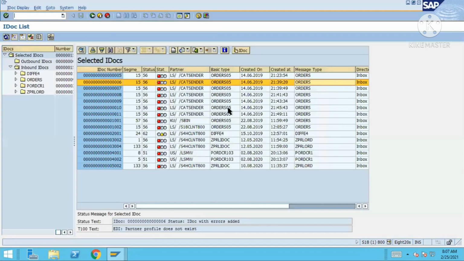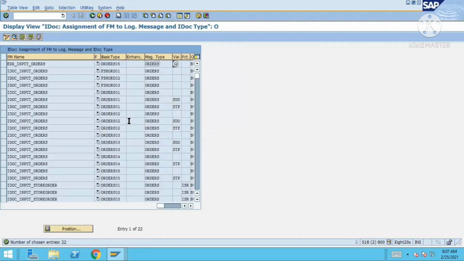So what is the basic type over here? ORDERS05. So just go and check for ORDERS05. The basic type is this ORDERS05, and here again ORDERS05. In this case you might be feeling quite confused, but nothing to worry.